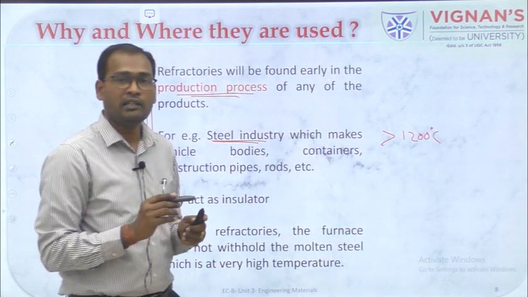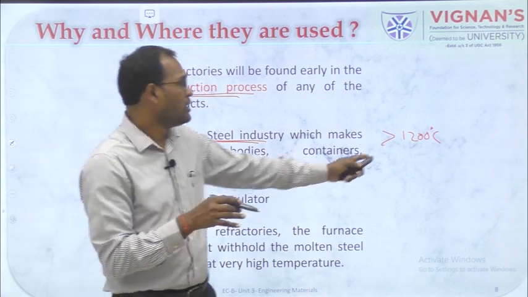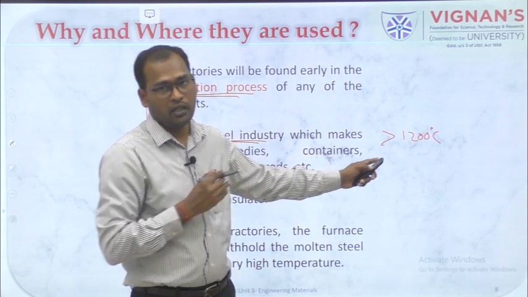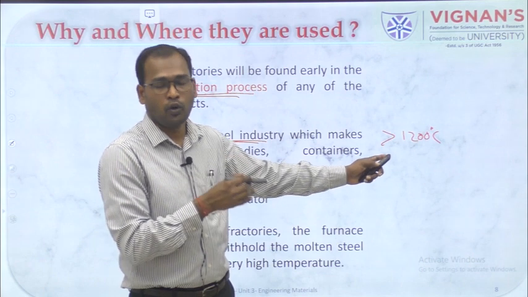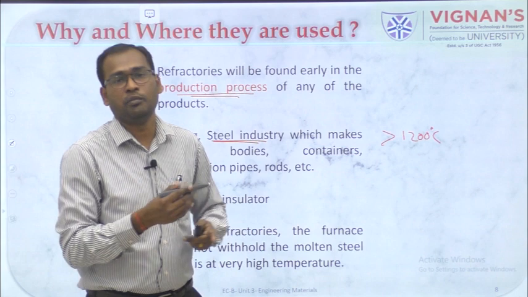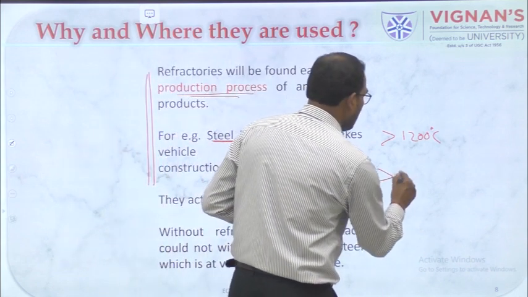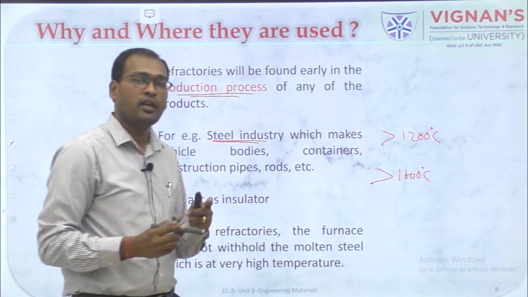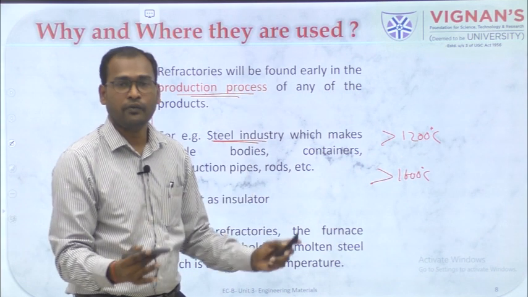That means the temperature used to melt the cast iron is very, very high, and they will be adding other metals to it, like carbon, nickel, aluminum, chromium. When they form a homogeneous mixture, it will be heated to a very high temperature, around 1600 degrees Celsius. So when they heat up to this high temperature, the furnace